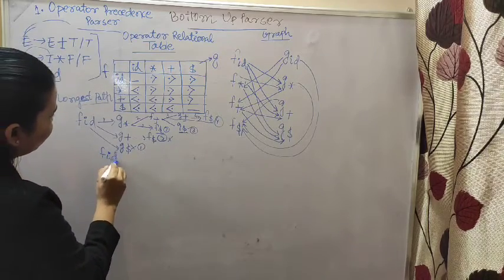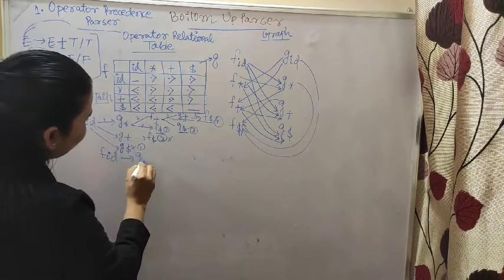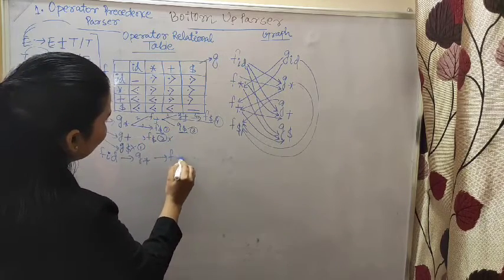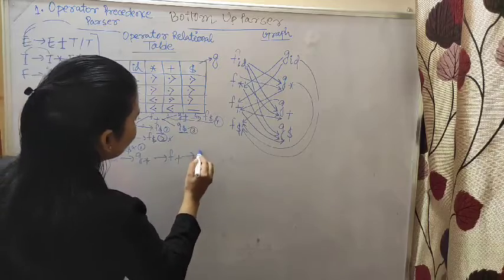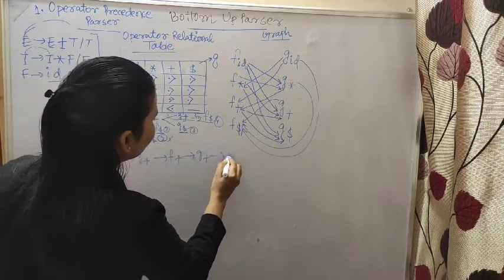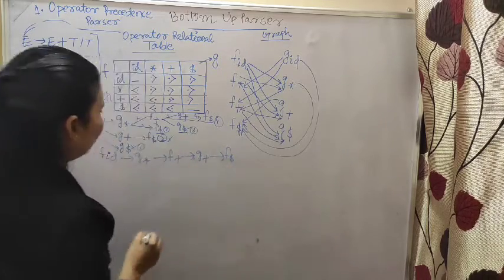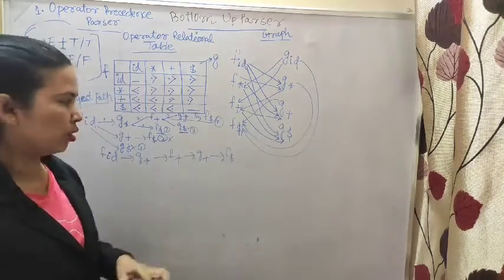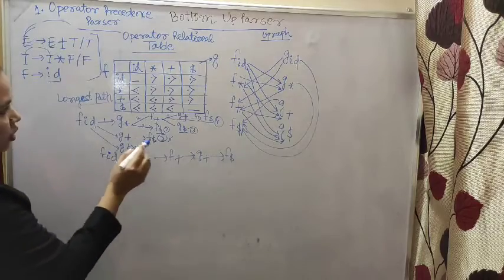FID is going to G star, and G star is going to F plus, and F plus is going to G plus, and then G plus is going to F dollar. So this is the longest, 1, 2, 3, 4. Fourth. Now we will come to the GID.